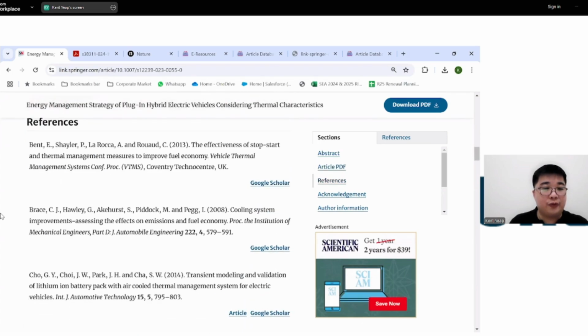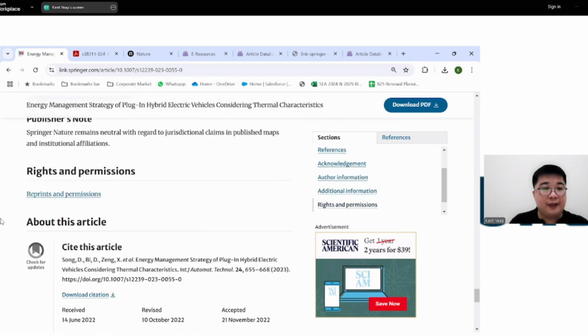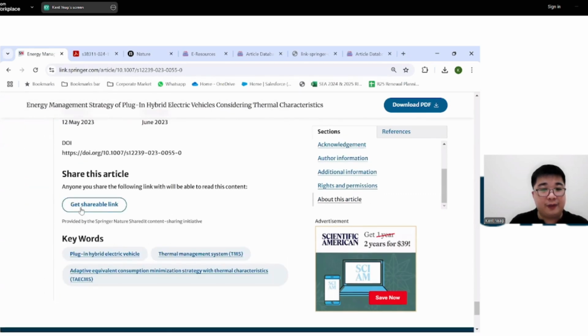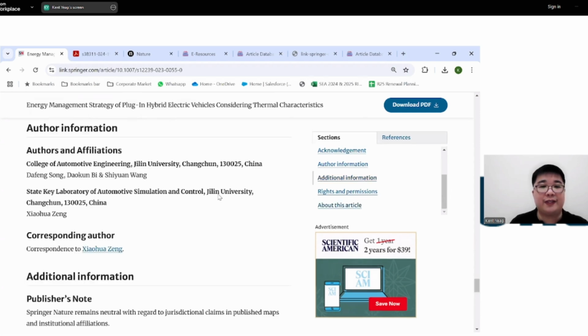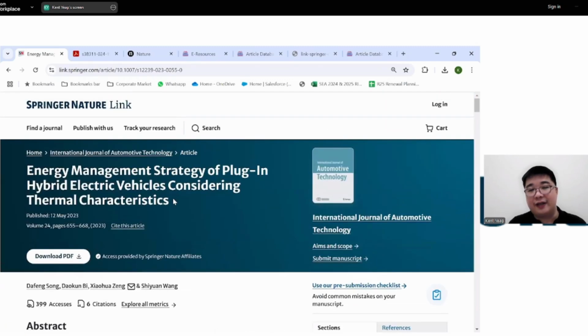So if you scroll to the bottom, like I mentioned, you will see that there is a shareable link. If you click on it, you can copy this, and you can even share this link, for example, with your colleagues from a different university or a different tutorial group. Instead of them having to search for this all over again, you can just send this to them, and once they click on this link, they will be redirected here, and they would still be able to see the full text, even if their institution may not necessarily have access to this.